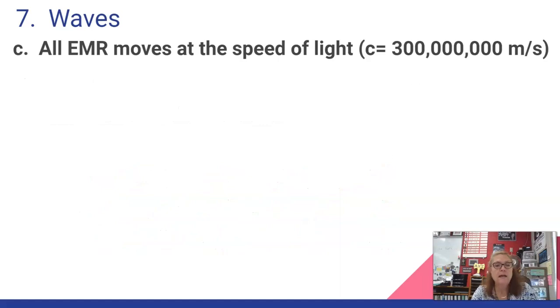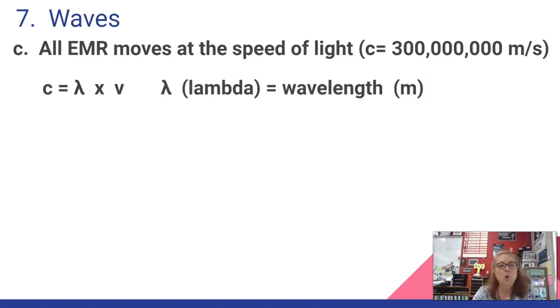This is important, and this is letter C: all electromagnetic radiation moves at the exact same speed, which is 300 million meters per second. It is the fastest thing we know out there. Our Voyager can't go this fast. We have yet to create anything that can go as fast as the speed of light, the speed of all electromagnetic radiation. So that's a constant. So what does that mean? Well, c is the